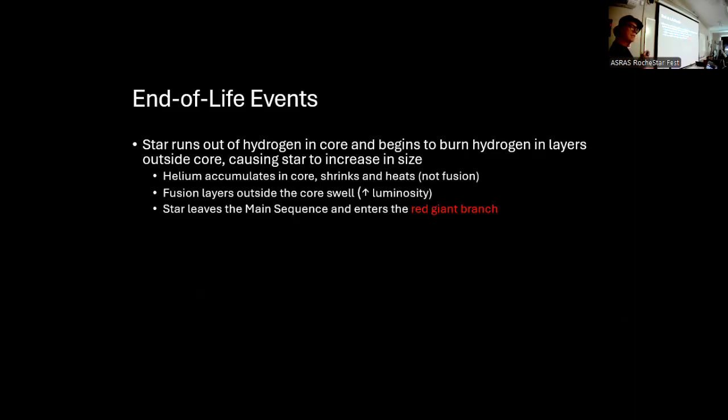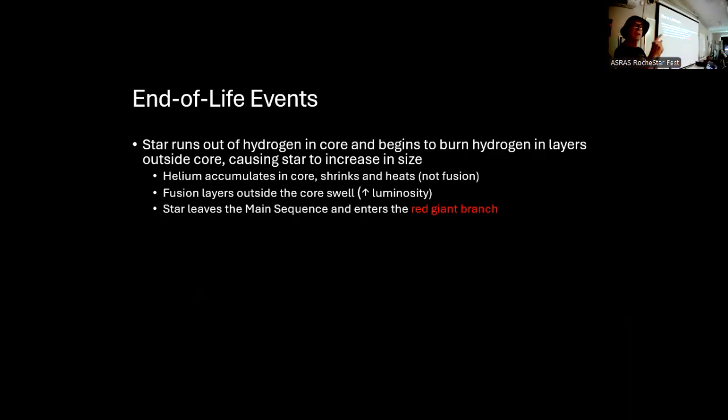So the core may have run out of hydrogen. It's mainly helium at that point. But the layers outside the star start burning, and when outer layers begin to burn, the star increases in size. And this is really a core concept. When stars increase in size, because they're burning outer layers, they increase in luminosity because they're bigger, but they get cool. So you can imagine, luminosity and temperature are the Hertzsprung-Russell diagram, right?